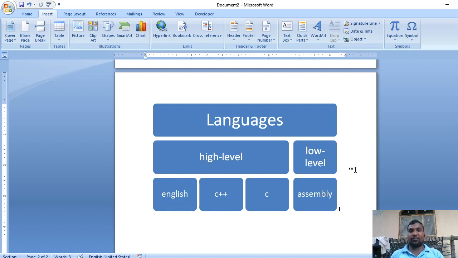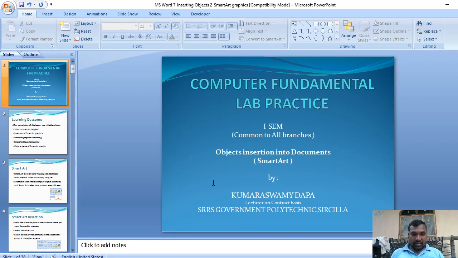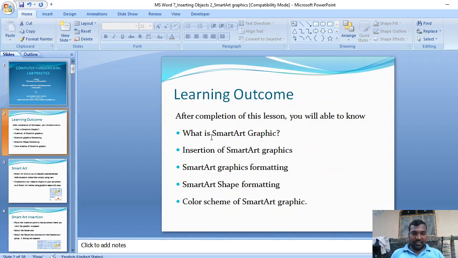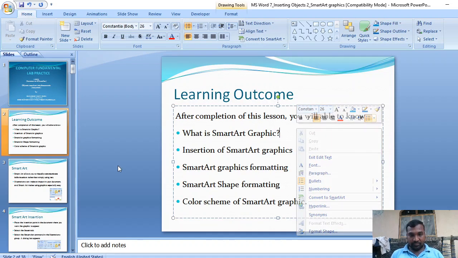Then the original shape will be displayed, and again you can perform any kind of operation on this SmartArt graphic. So I think I have covered all the topics which I have discussed here.